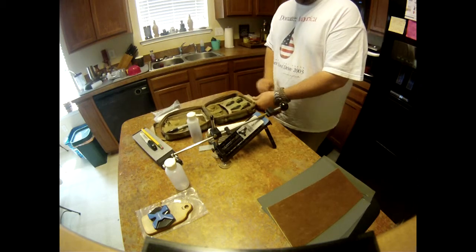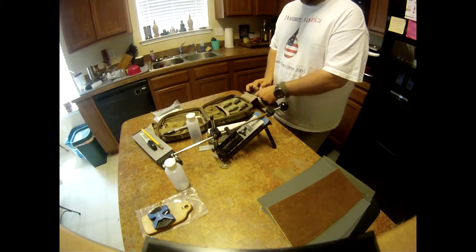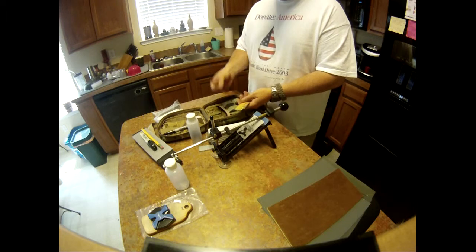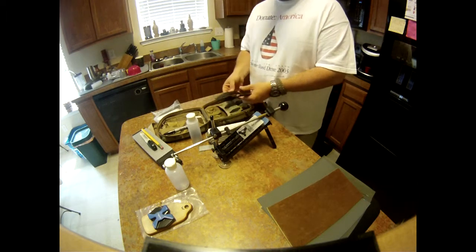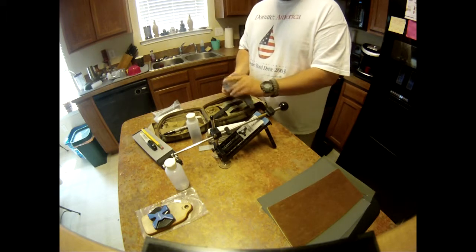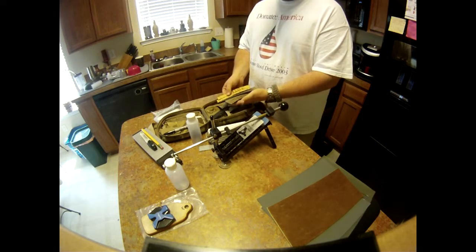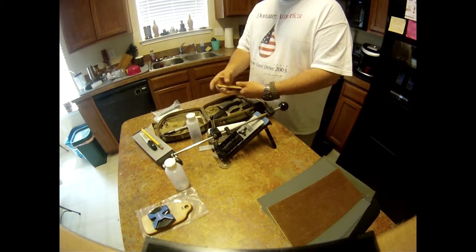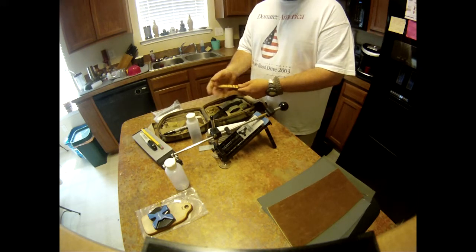And for you guys that are convexers or don't know that you can do this with this system, I have a piece of mouse pad. I also have one of these in a different kit that's already mounted, but mouse pad and all the before mentioned grits of sandpaper, and you can convex just the same as you would on a mouse pad and be a little bit more precise about it,